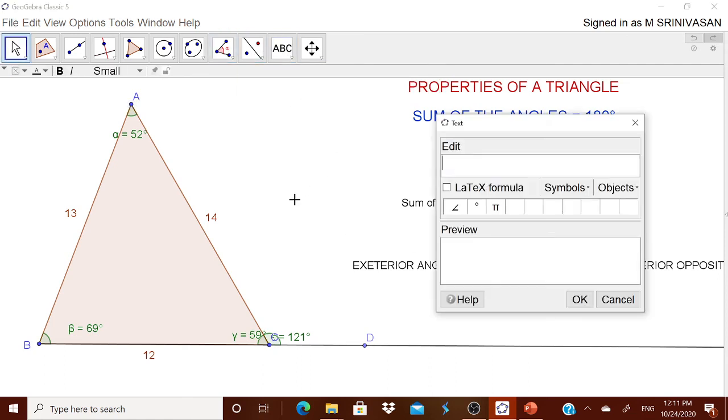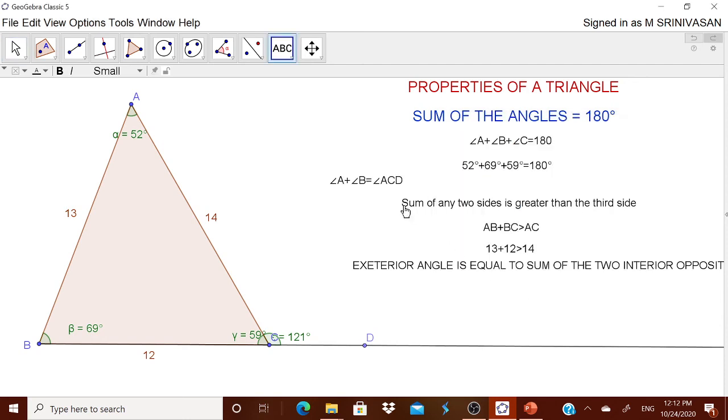That is, you can write that angle A plus angle B is equal to angle, you can call it as ACD. Okay, you call it as okay. Now you got it, you can bring it over here. Now you can show the children that whenever I'm moving, A changes, B changes and ACD changes.